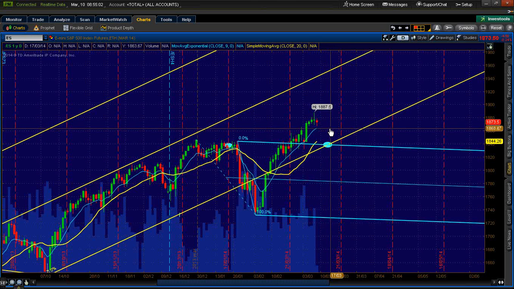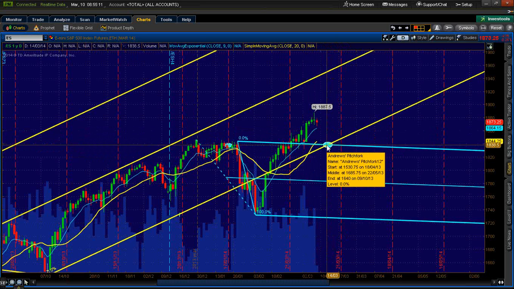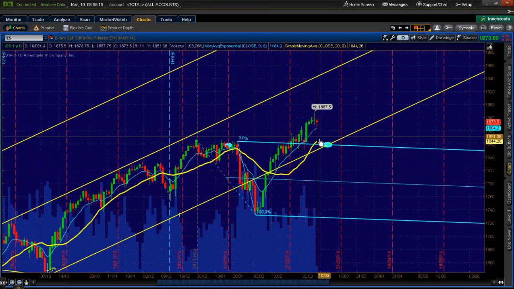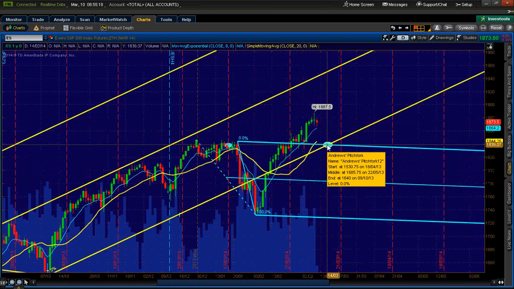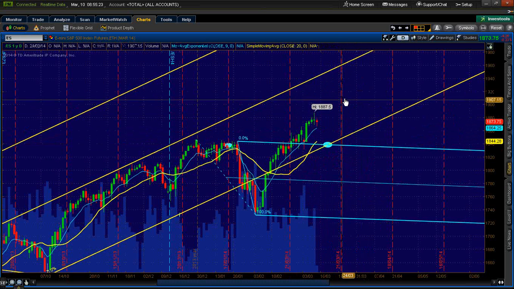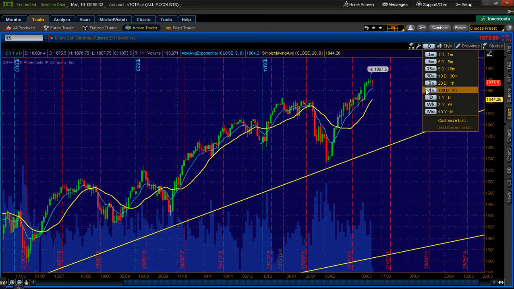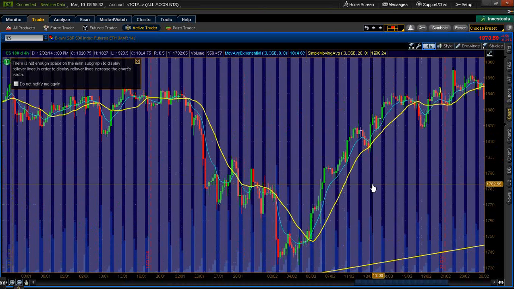But again, we've got this technical gap. A close of that gap is going to bring us into that 1865 to 1870 area. We do still have this energy point from the intermediate fork that we're watching that we broke out of, and that would bring us down to test the lower line of the longer term fork at the 1839 area. But right now we're just in this channel going sideways, so there's not any real good information from looking at that. Let's take a look at the intraday trends and see where we are.